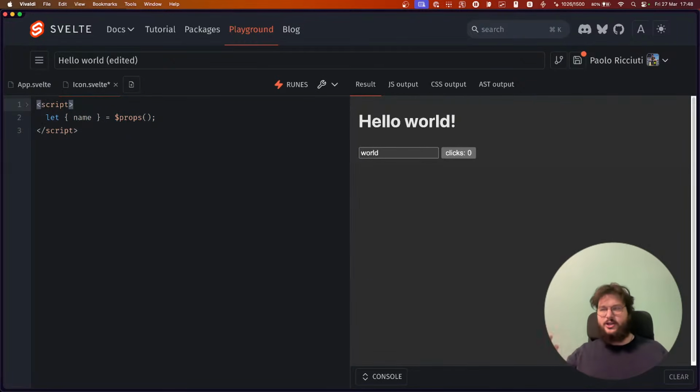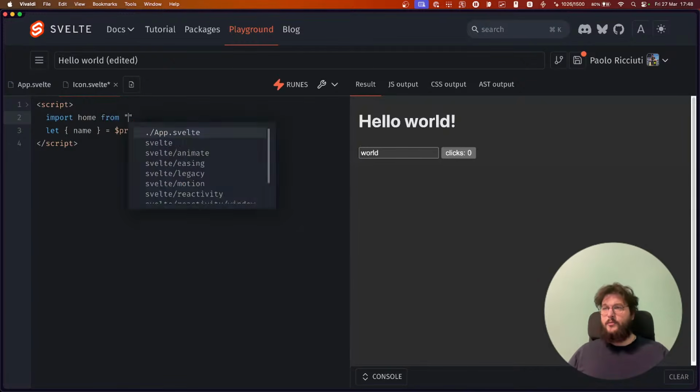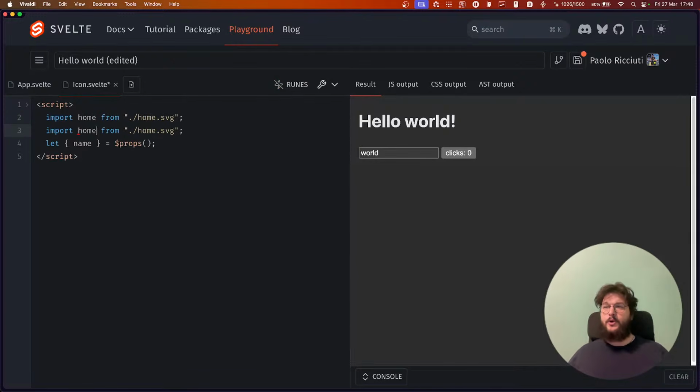You import with Vite. So I can't actually show you here on the playground, but with Vite I could technically do this: import home from home.svg, right? And then import 3 from 3.svg. And then import person from person.svg, right? I could do all of this.